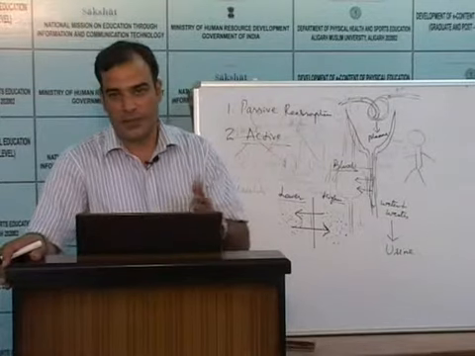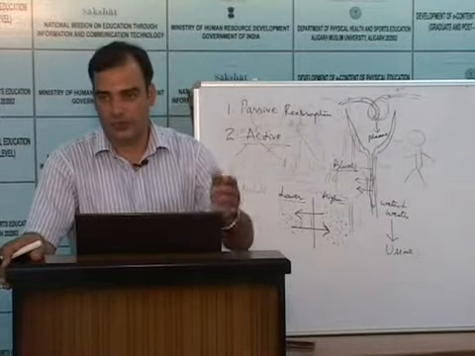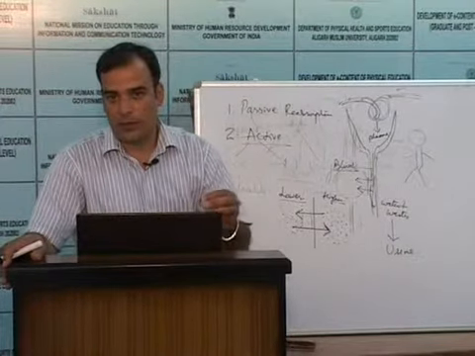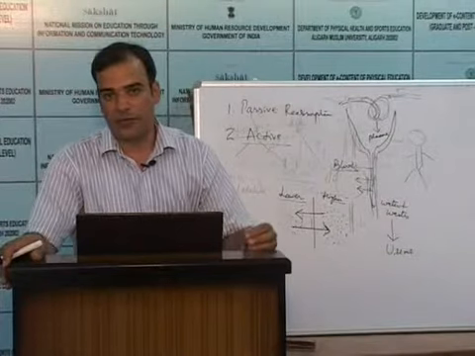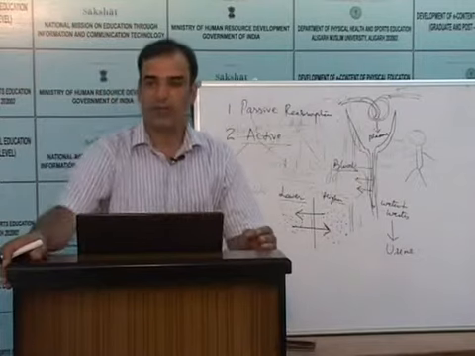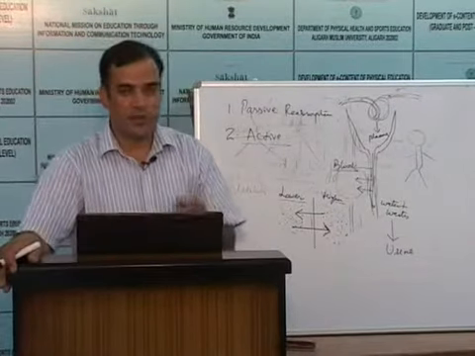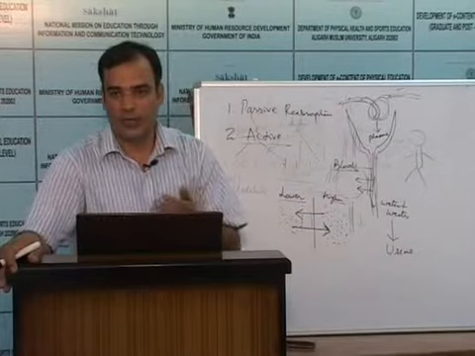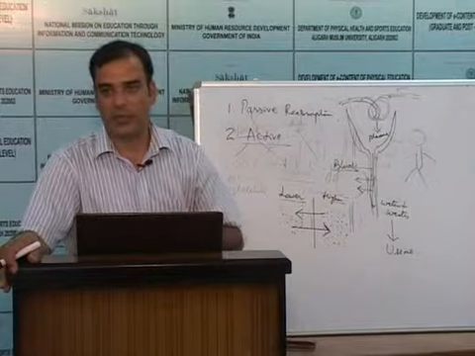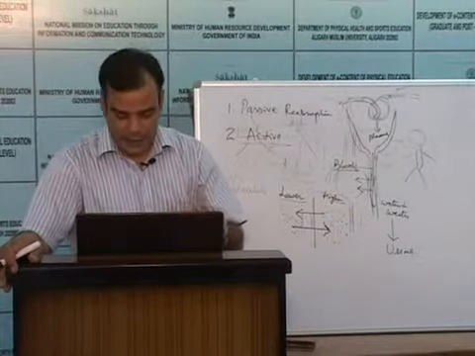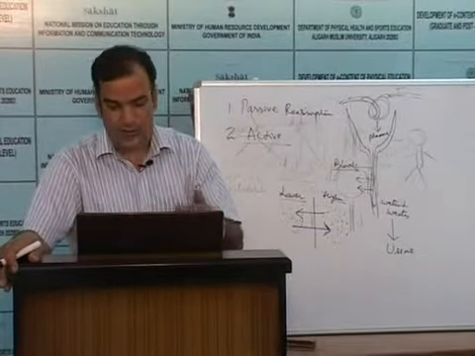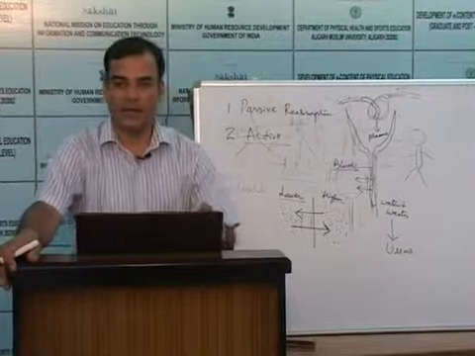Most of the reabsorption takes place in the proximal convoluted tubule. Glucose and amino acids are reabsorbed completely in the proximal convoluted tubule. However, water is reabsorbed in both the PCT and DCT, and sodium is reabsorbed from all the portions, that is PCT, loop of Henle and distal